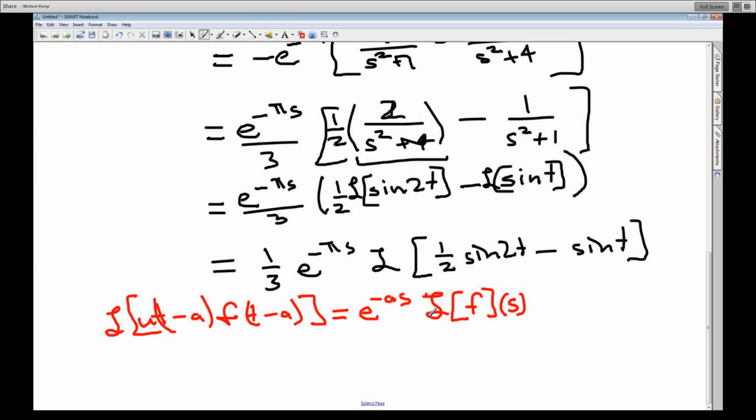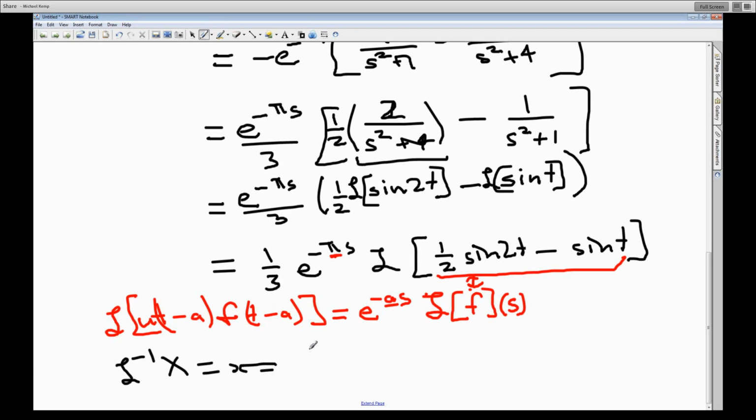So let's think how it matches. How things match up. So we've got the pi and the a. So the a is just going to be pi in this circumstance, and the function f, which we want, is going to be this thing here. So see how they match up. So therefore, if you take the inverse Laplace transform of capital X, which we're just going to call little x, which is what we're trying to solve in the first place,